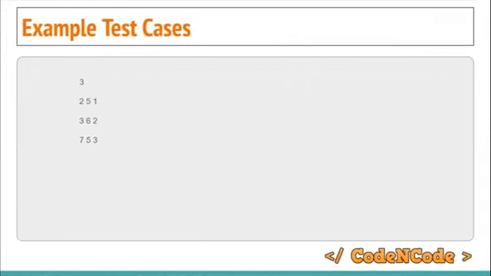Now if we take a look at the sample test cases, t is 3. There are 3 test cases. The first series starts from 2 and 5, and we have to print the first term. In the problem the indices are 0 based, so we actually have to print the second term. Here we have to print the third term, and here we have to print the fourth term. If you take the starting 2 elements, 2 and 5, the series would look something like this: 7, then 12, then 19, and so on. So we have to print the index 1 element,